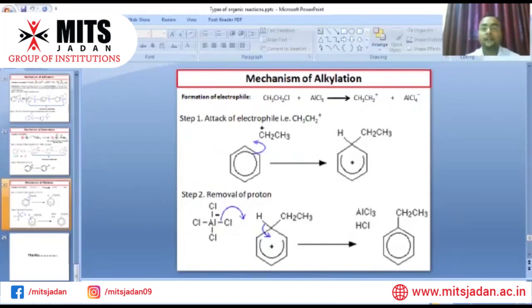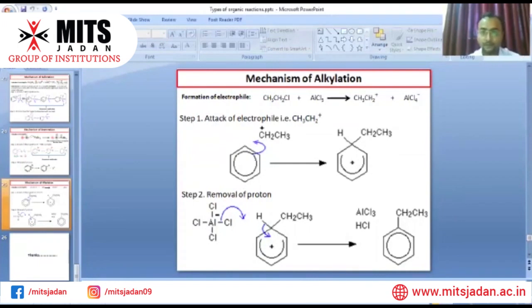So our product is easily formed, and electrophilic aromatic substitution reactions occur in 2 steps. If you see the cases of nitration, alkylation, bromination, or sulfonation, all the mechanisms are almost the same. The electrophile first attacks the benzene nucleus to give resonance stabilized structures, and then in the second step, the fast step, the proton is easily removed